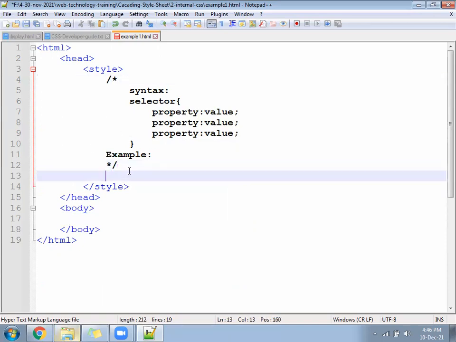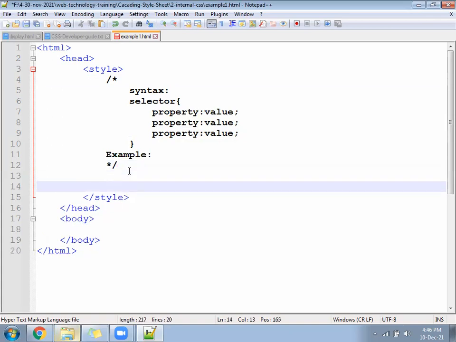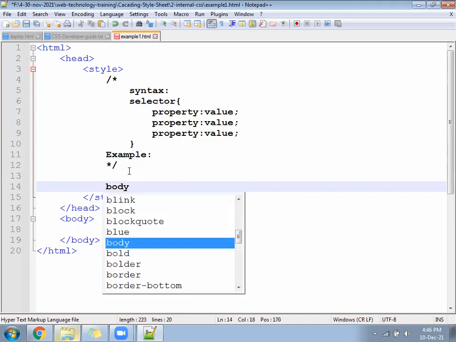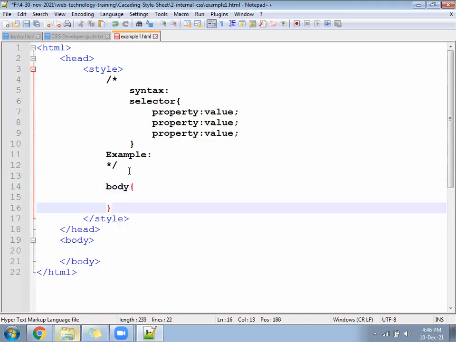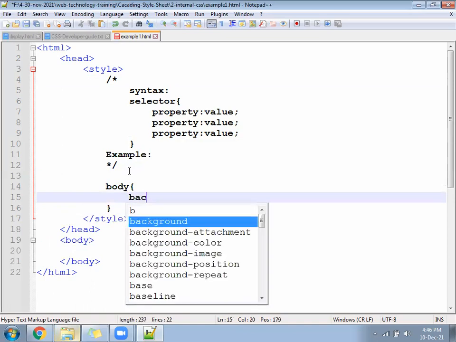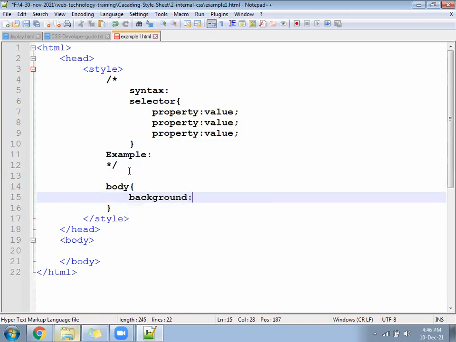Okay. You will write here a selector called body, and for body write the background is sky blue.